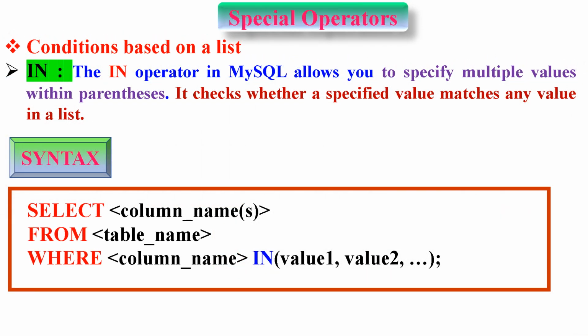Next, we discuss the conditions based on a list, the in operator. The in operator in MySQL allows you to specify multiple values within parentheses. It checks whether a specified value matches any value in a list. The syntax is select column_names from table_name where column_name in (value 1, value 2, and so on);